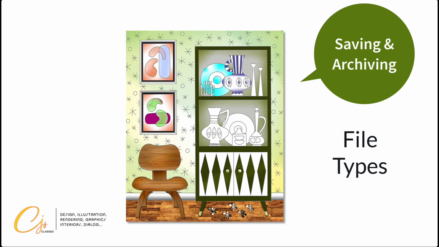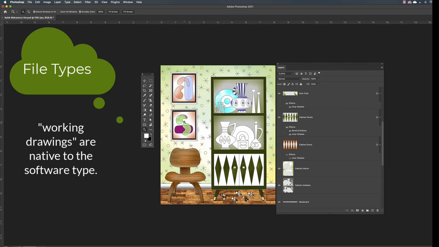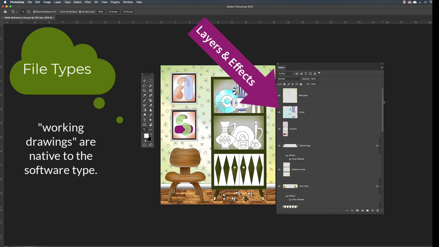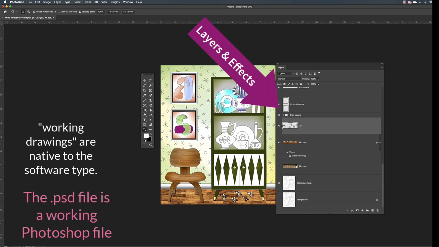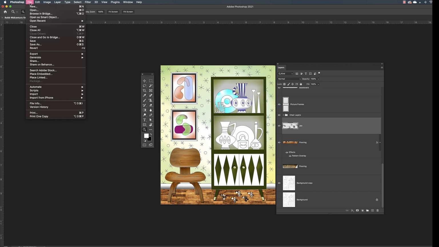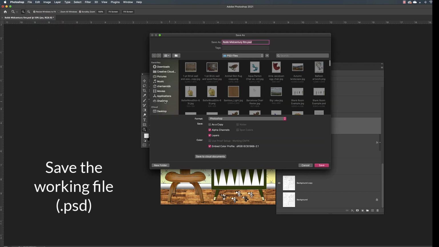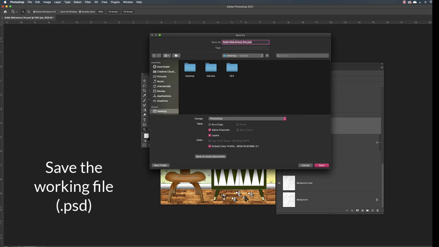In this short video tutorial, we will save the working file and make a copy of a compressed file to submit digitally. A working file is one that maintains all of the layers and effects created from the software and can be modified later. Once you've completed the rendering, save the working file one more time as a .psd Photoshop